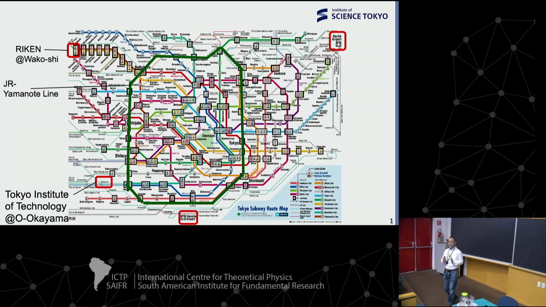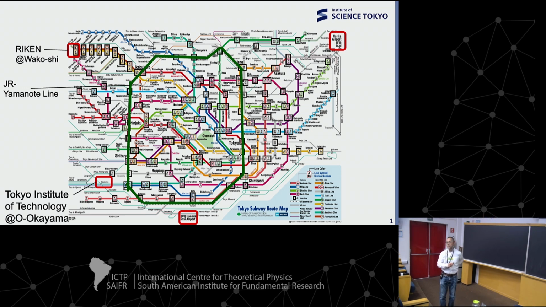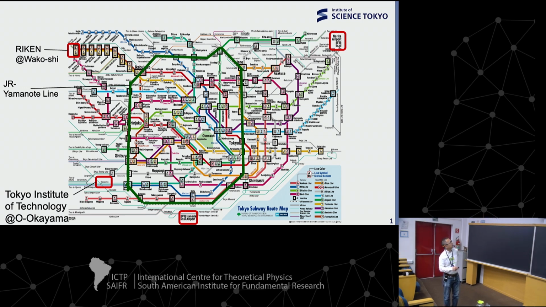We just introduce you our institute. So this is the metro map in Tokyo. So it's very complicated, as you see. Well, our institute is here. So this green loop is what we call the Yamanote line, which is